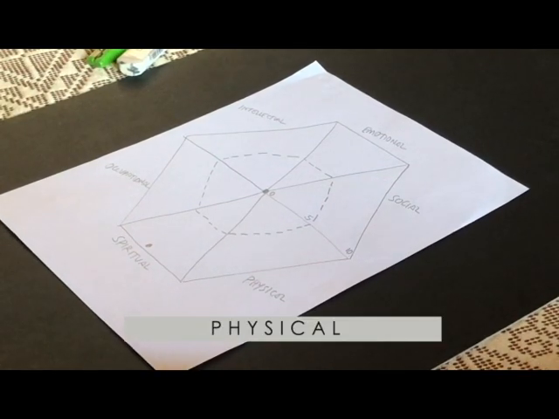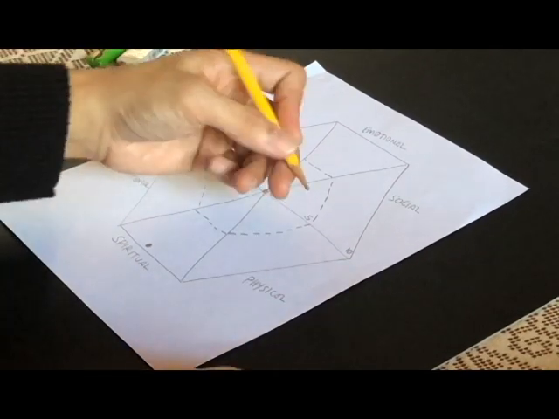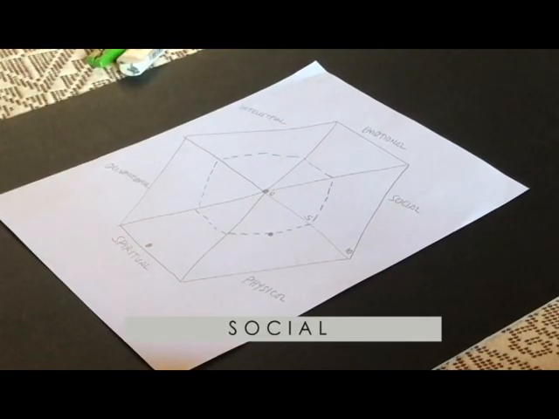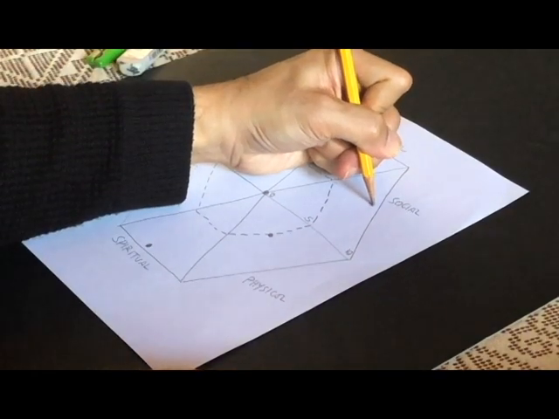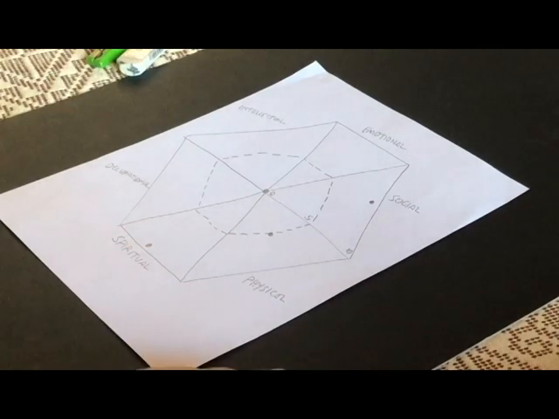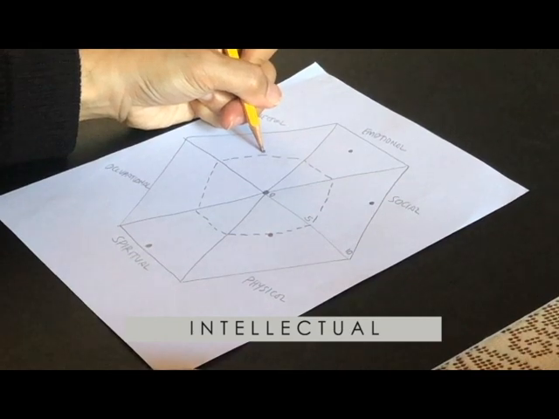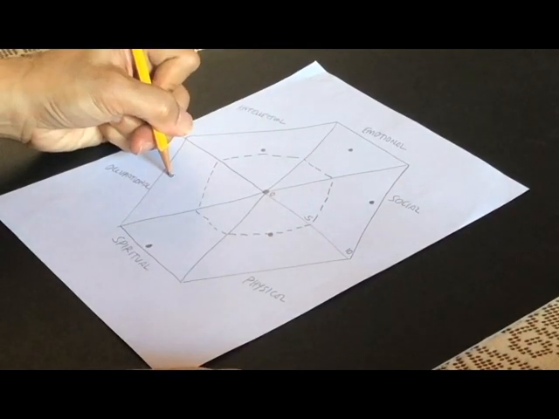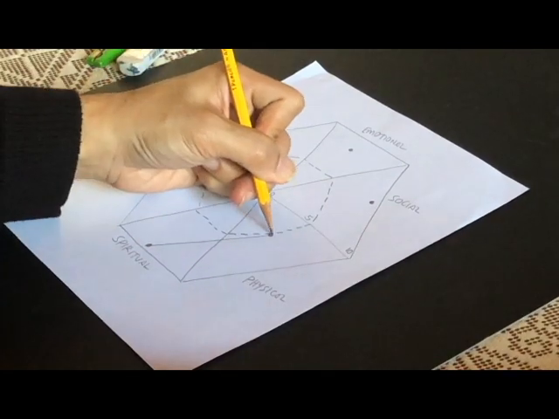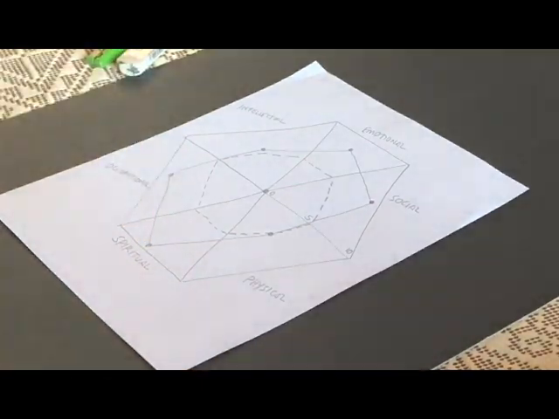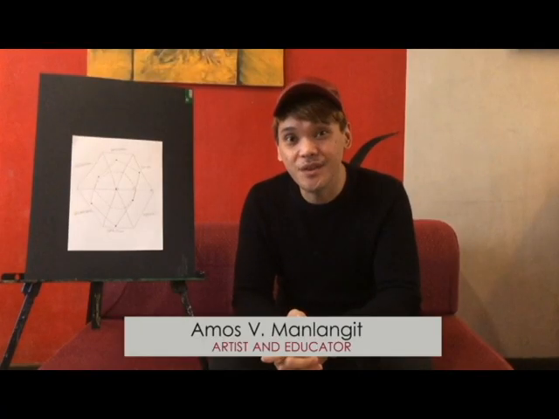Let's say for physical, you haven't been doing a lot of exercise or eating a balanced diet, so you can place it midway, let's say 5. For social, let's say you have good relationships right now, you can place high on it like 8, 9, or 10. And do the same for the emotional, the intellectual, and the occupational facets. Now connect these 6 dots. So, what's your wellness shape?